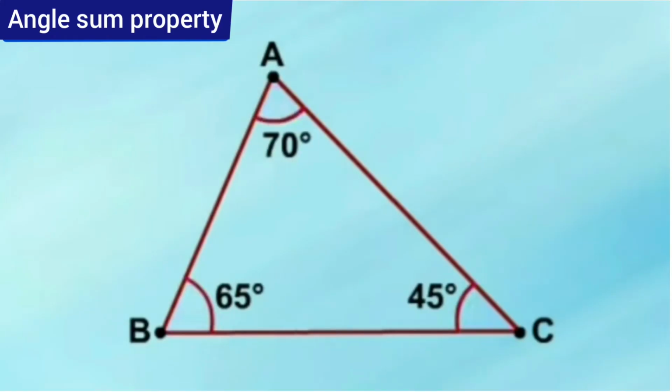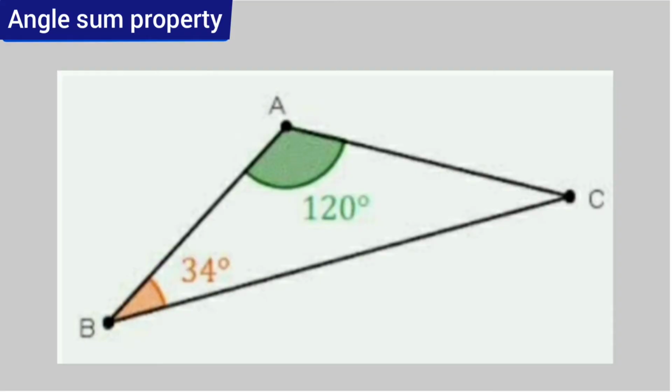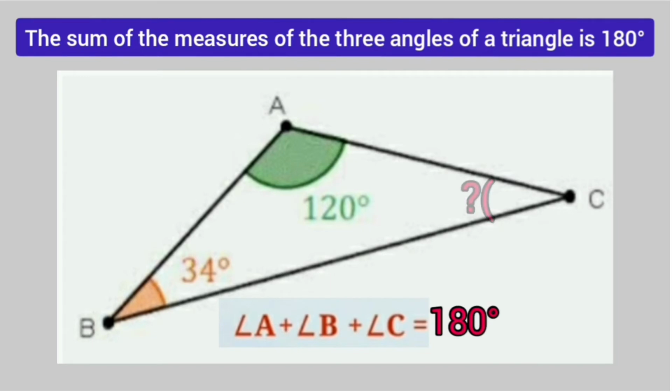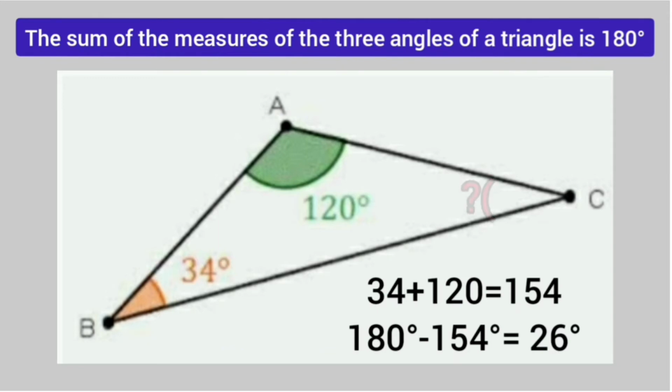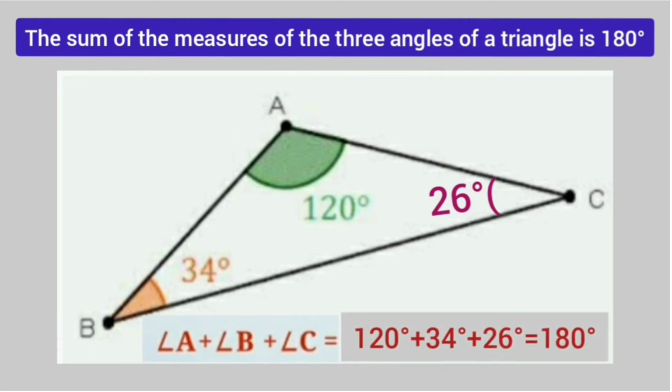Knowing that a triangle's angles will always add up to 180 degrees can really help you out when solving geometry problems. Observe this triangle. In this triangle, you have the measure of two angles, but you have to figure out the measure of the third angle. Since we know that the total must be 180 degrees, you need to add up the given angles and subtract it from 180 degrees to get the measure of the unknown angle. You can always check your answer by adding up all the angles to make sure you get 180 degrees.